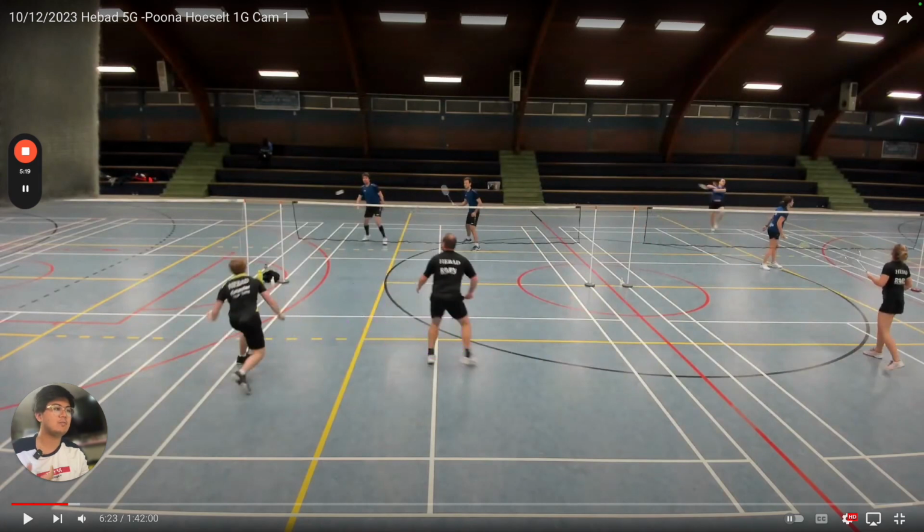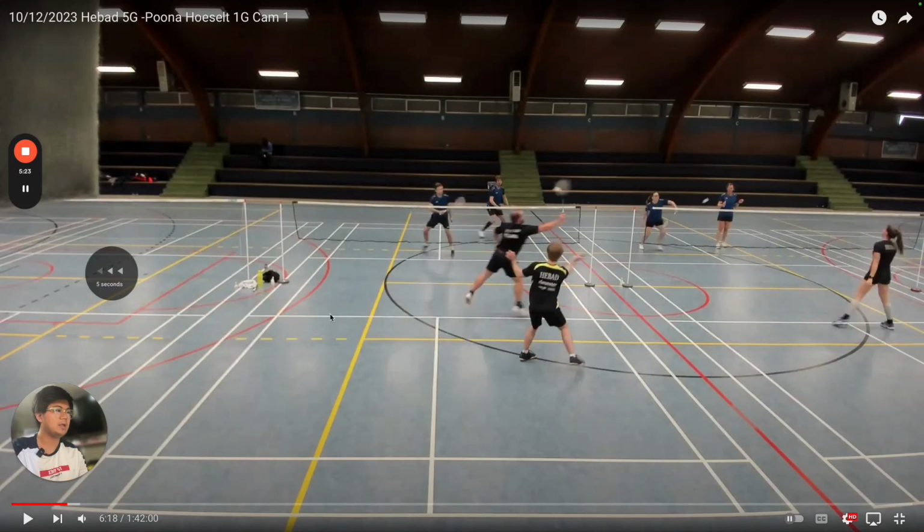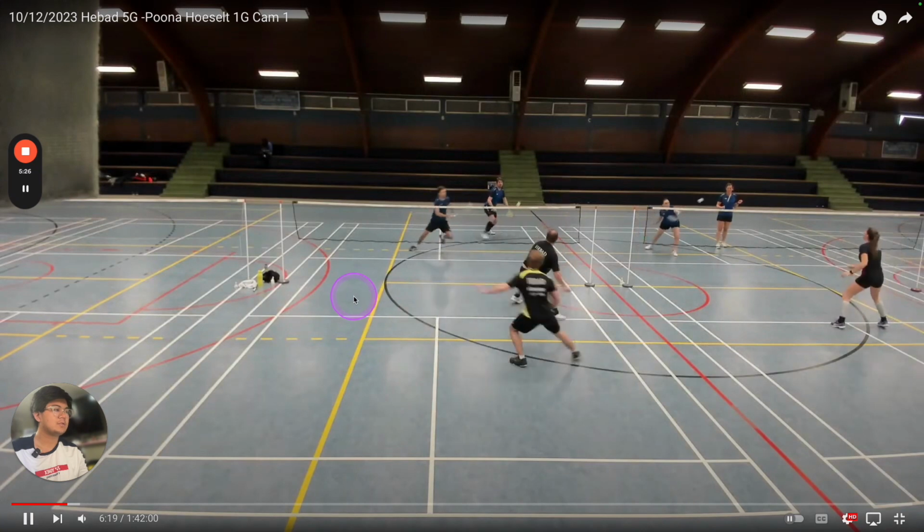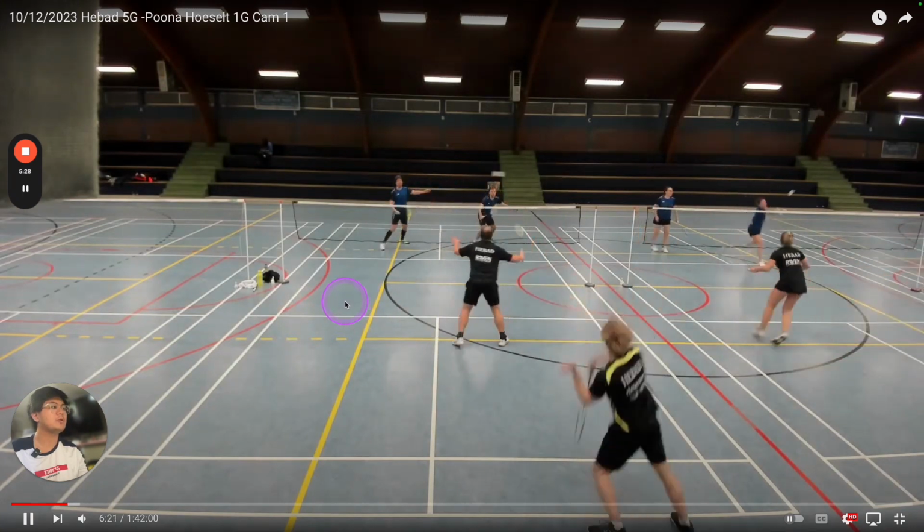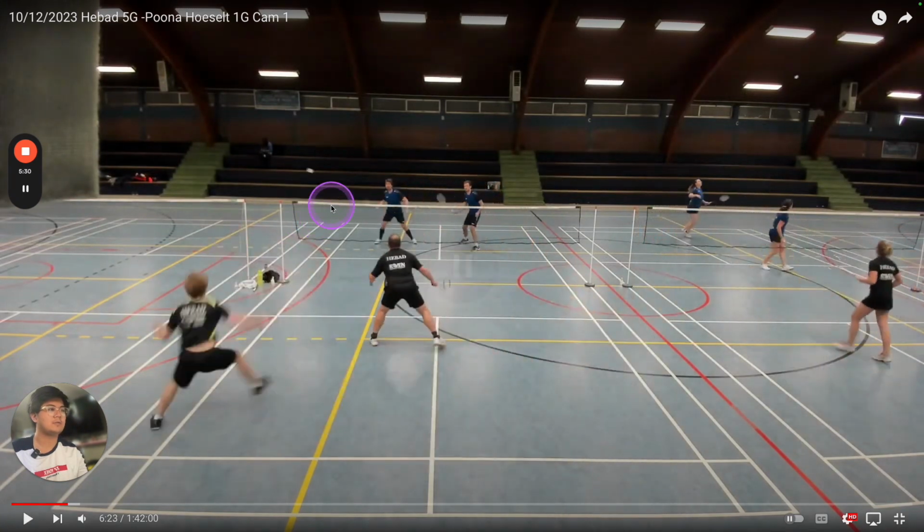On another note, I wouldn't have forced a rotation here just because their reply wasn't weak. They returned your smash. Yeah, you were quite off balance on the smash anyways, so it was quite weak, right? So he was able to drive it back with good quality. So I wouldn't have moved up in the first place, honestly. I would have just reached out with a backhand and blocked it and forced them to lift again. I would have stayed in the rear court for this.